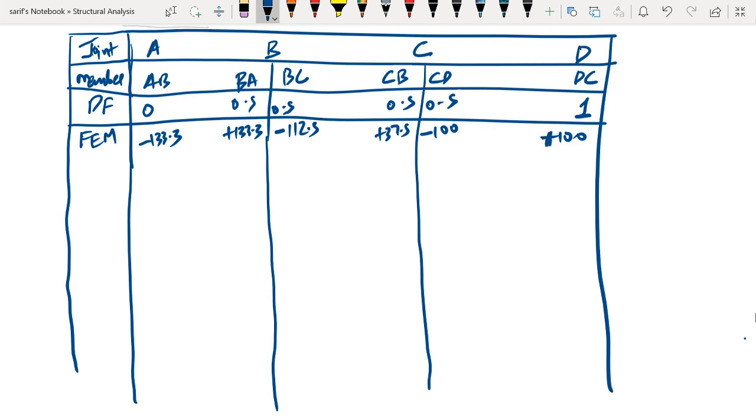So these are the basic values we need to enter to start our moment distribution scheme. Now the very first step we have to do is we need to do the calculation for each step. So the first calculation we need to make is we have to start the balancing process. Next process we are going to start is known as the balancing process.